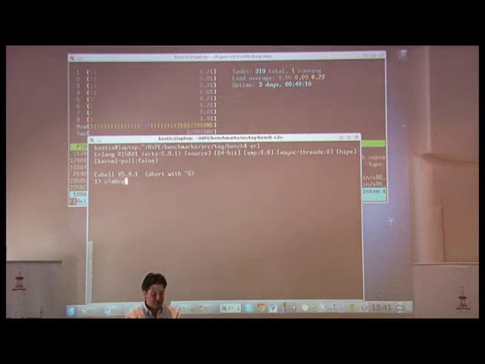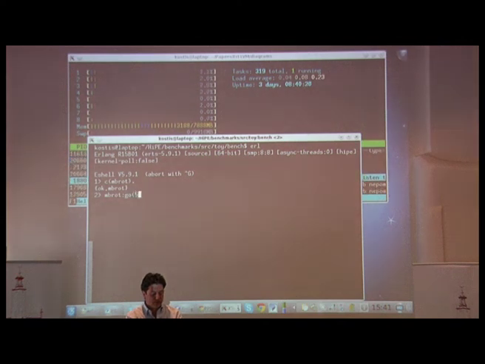I have some Mandelbrot program that I can, for example, run on a 500 by 500 two-dimensional array to do Mandelbrot in 100 processes.